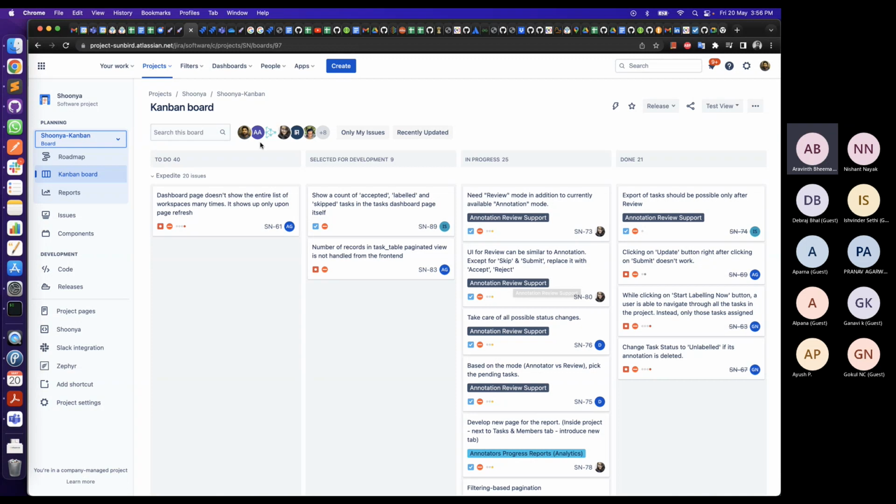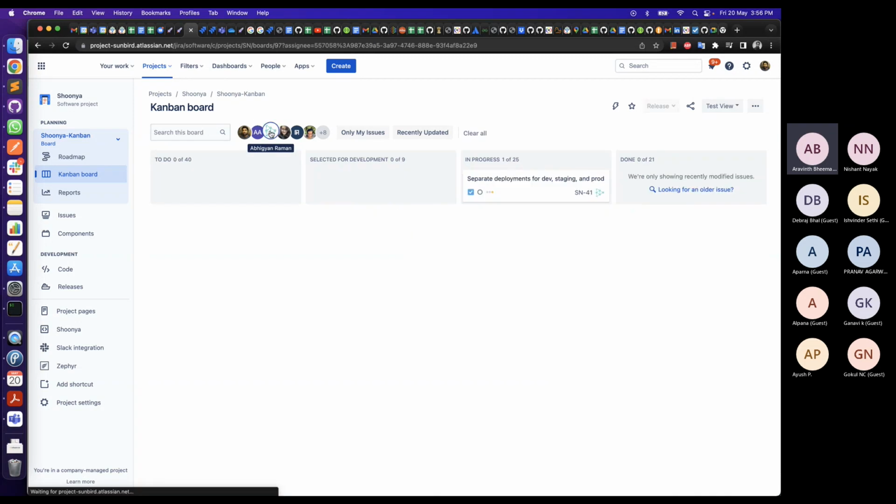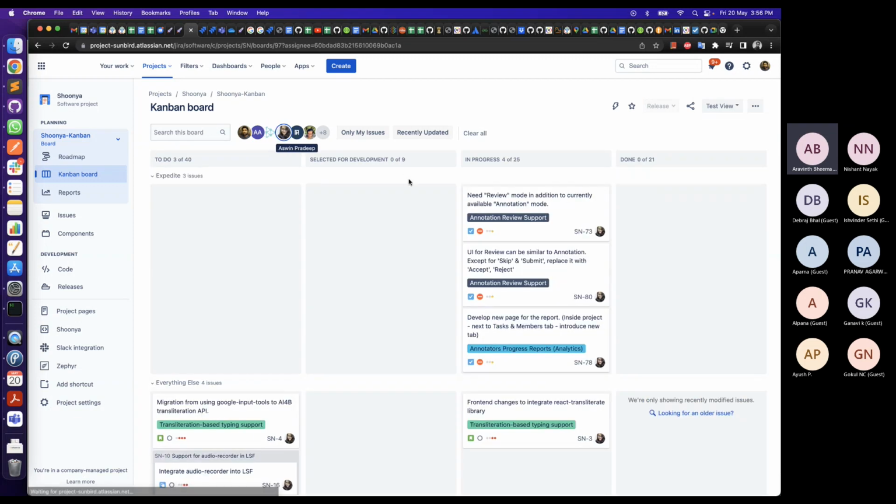We can pick a member and see what things they have. That's how we discuss in the stand-up meeting. We go one by one, once she is done, we go to the next person and the next person. That way it becomes cleaner to identify what they are working on.